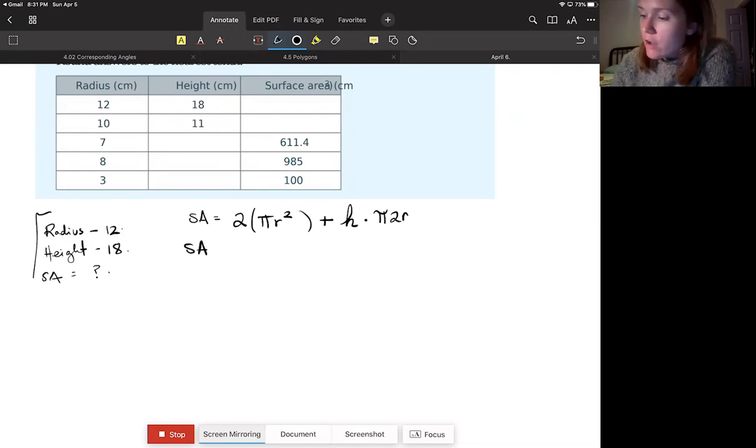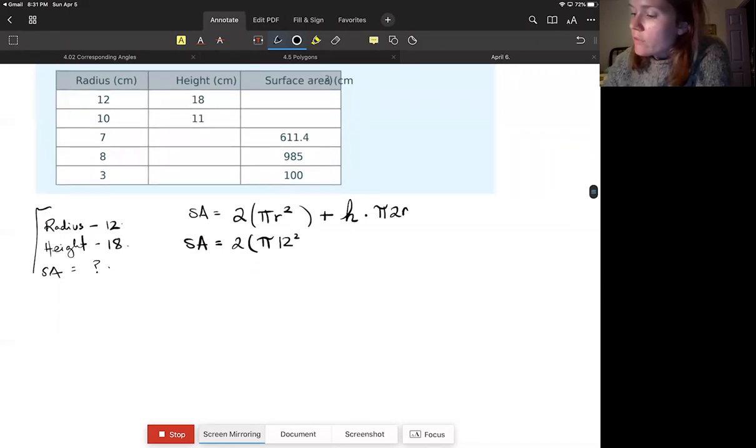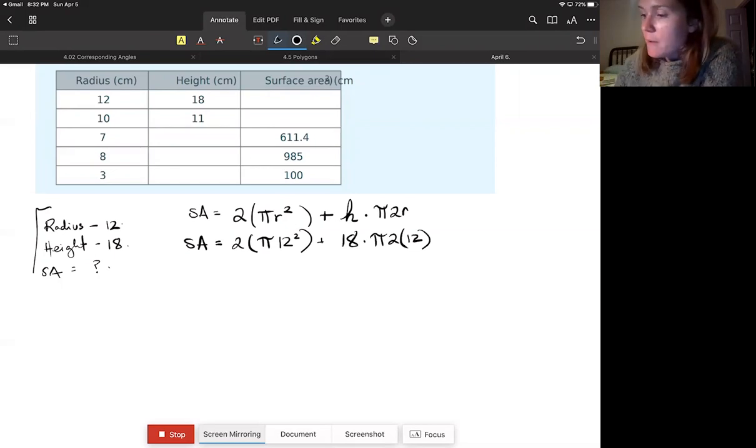So the surface area of my circles is going to be 2 times pi times my radius, which is 12, squared, plus, oh shoot, my height is 18, times pi 2 radius, okay? Now I want to simplify. We always want to do